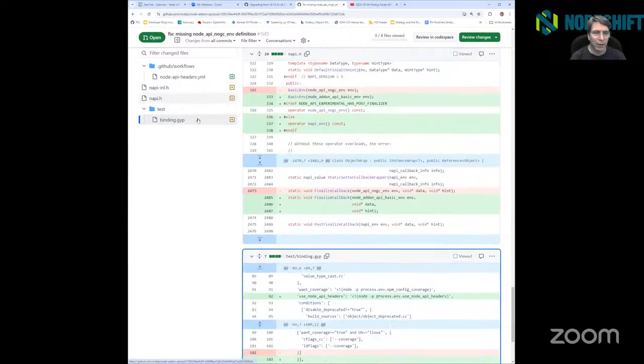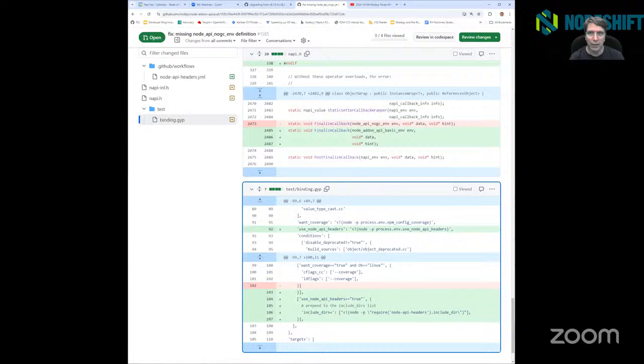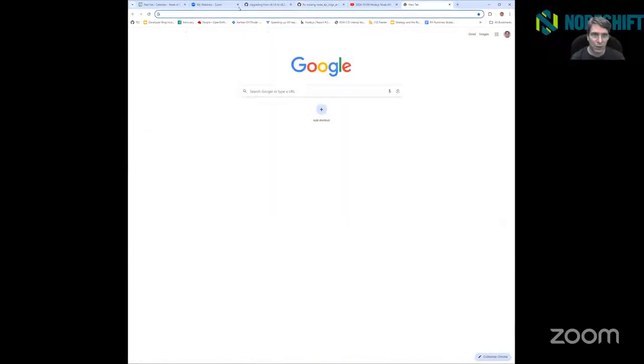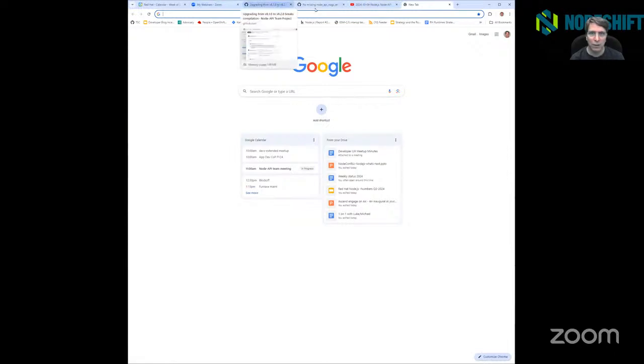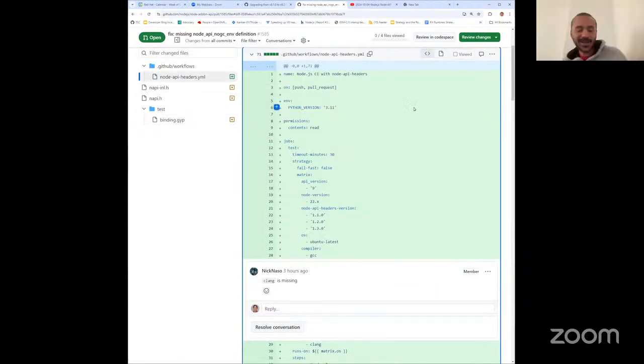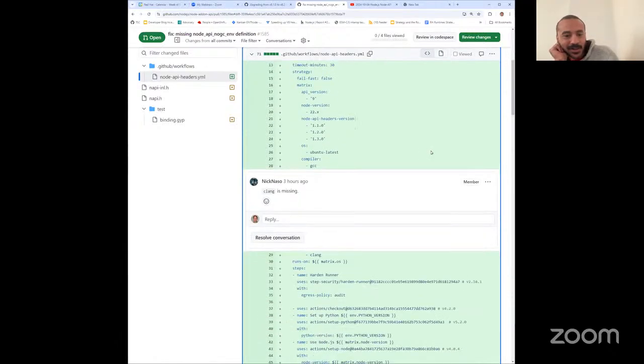Which is it in this PR? It's in the Node API headers YAML file, the first file changed. Oh, sorry. So it is in there. Right, this one. Okay, got it. Line 52 is where